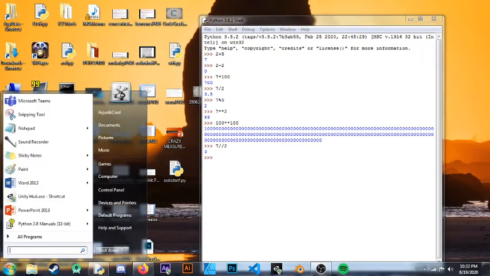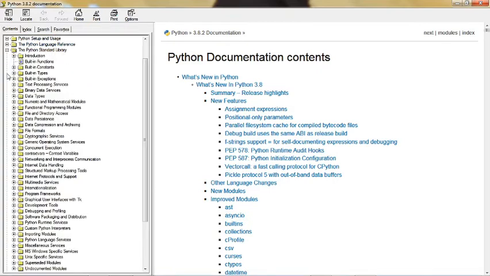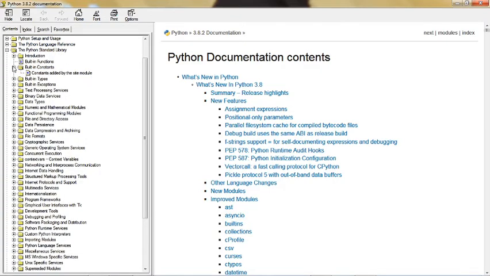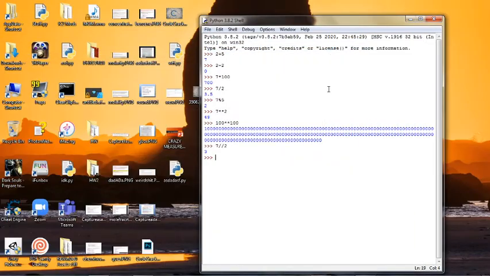There are many other operators. You can just open the docs, and if you open the docs, there's all the information over there. If you see the built-in constants, that's all. If you want to know about anything, you can see over there. Okay, now